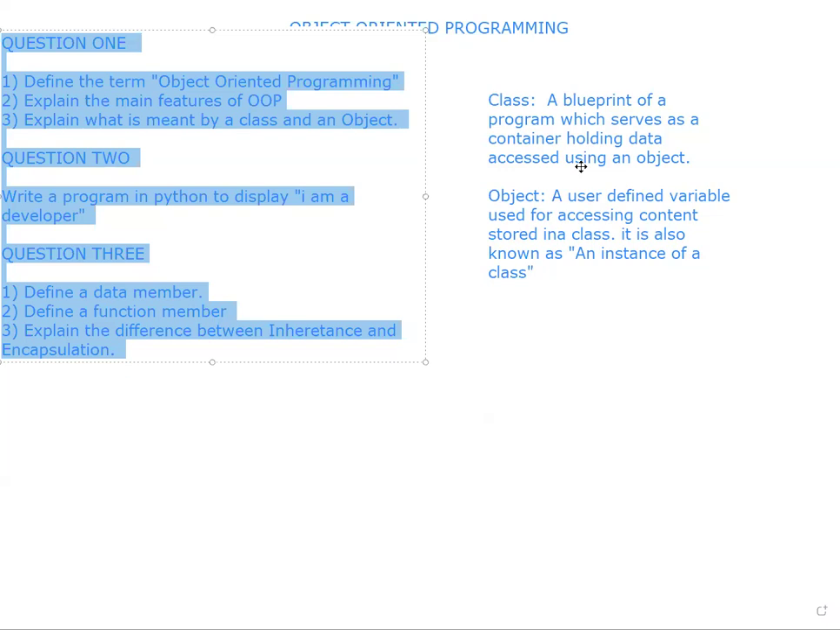A blueprint basically describes the structure of that particular container. It just shows you how that container holding the data is. That's what we mean by blueprint. Or if you do not want to use blueprint, you can just say a structure of a program which serves as a container. It is just a structure holding data, a container holding data, enclosed in one single unit. Another term, we can say